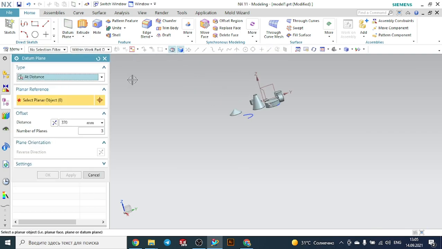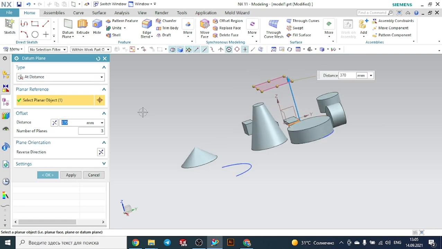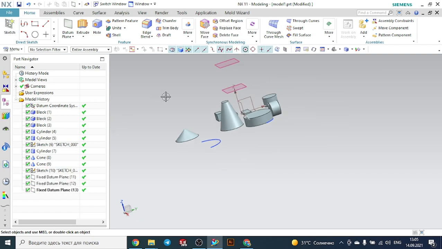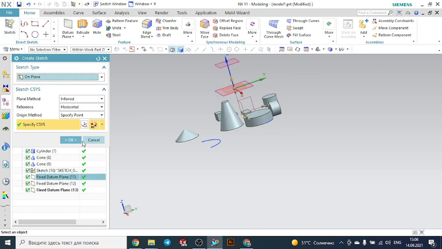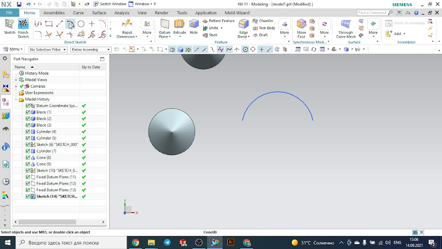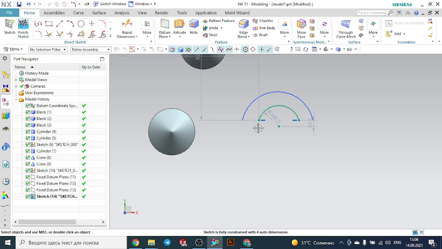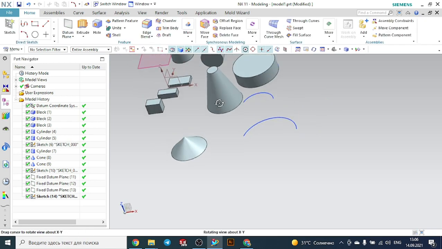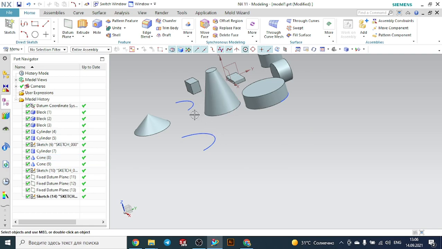In order to do this, let's create firstly the plane. This plane at a distance of, is okay. So sketch. Select this plane. Press OK. So create the arc here, for example, we can create a smaller arc. Finish the sketch. So we create the two arcs here, you see, and using these two arcs, I would like